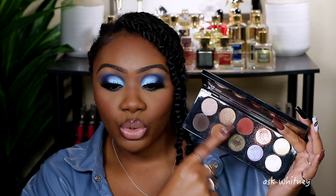Same thing, you kind of get some neutrals here. You get this really pretty jade, olivey green color. You get this really dark brown color, and you get her special shades. So out of the two, which one would I recommend? This was hard because I did a video ranking my Pat McGrath palettes, and both of these were in my top 2, with the Mothership 5 coming in at number 1. And in this very moment, if I had to pick out of these two which one to keep forever or which one to recommend to you,